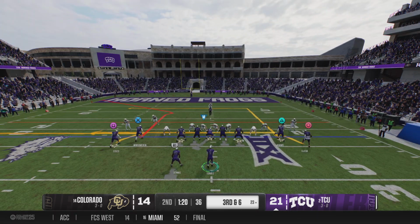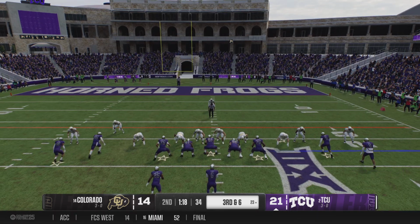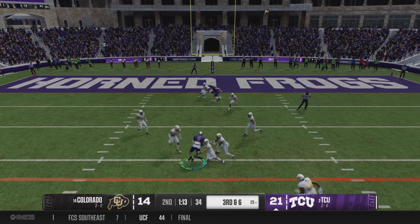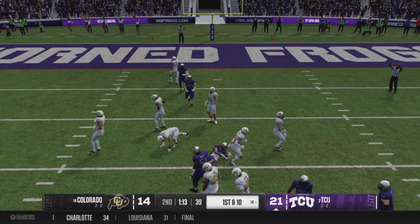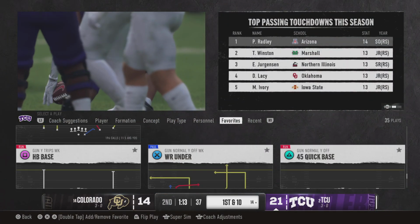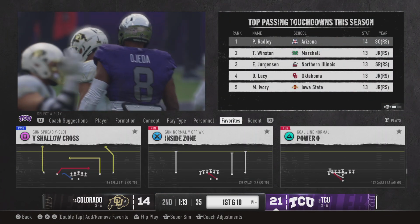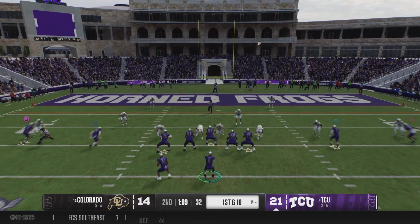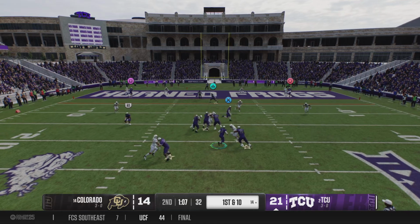Quite a bit of work to do on third down from the 23, and this D would love to force a field goal try. Working the middle of the field, and it's complete. Brought to the ground, but not before getting enough for the first down. How about this offense? They're rolling. They got a couple first downs together. Defense, next, what's your response? What do you got? You got to make some...